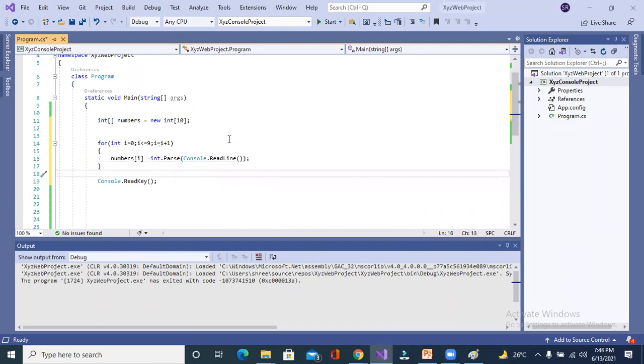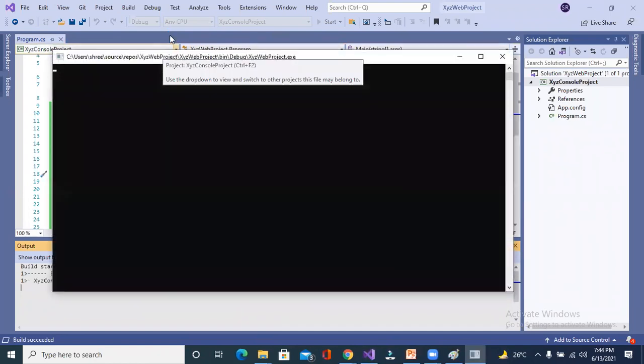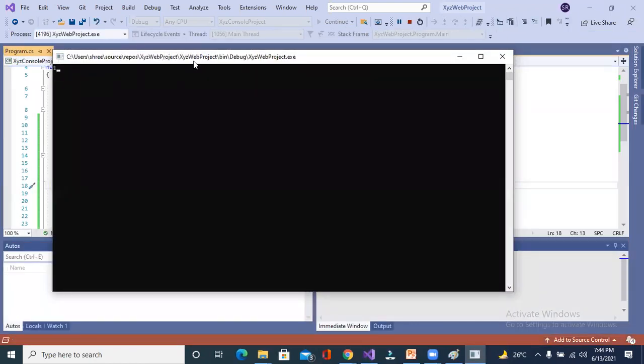Right. What you have to do? You have to perform your typecasting. Now, what will happen? It will loop through 10 times. Like I give 1, 2, 3, 4, 5, 6, 7, 8, 9, 10.